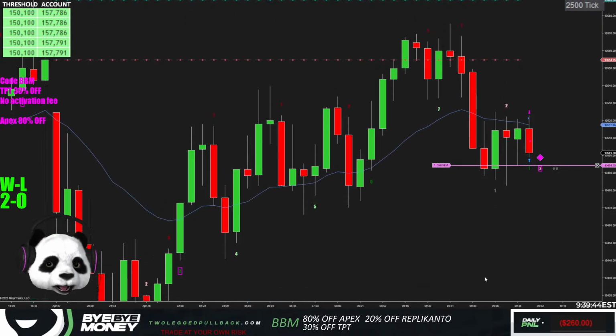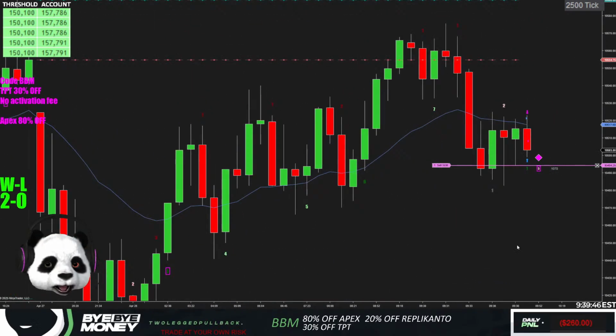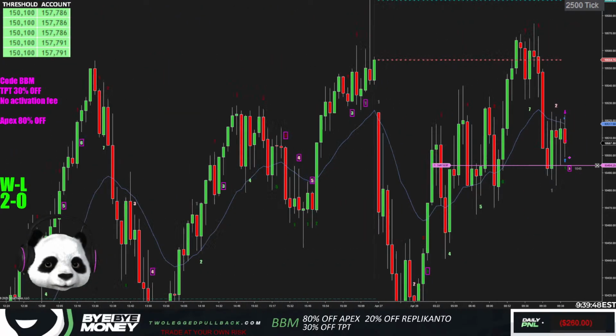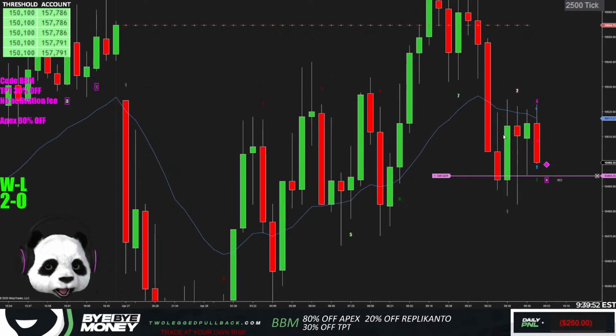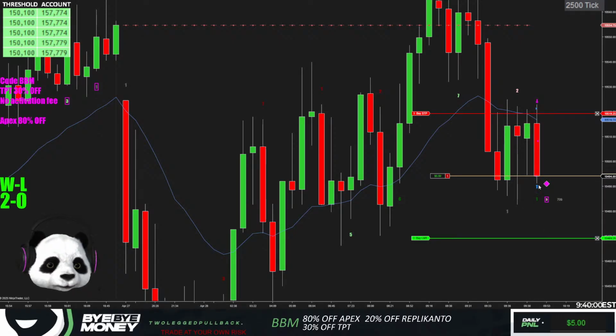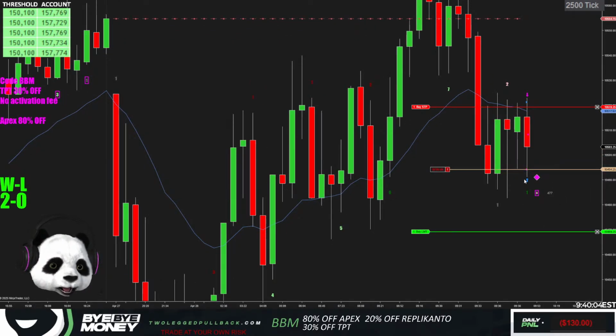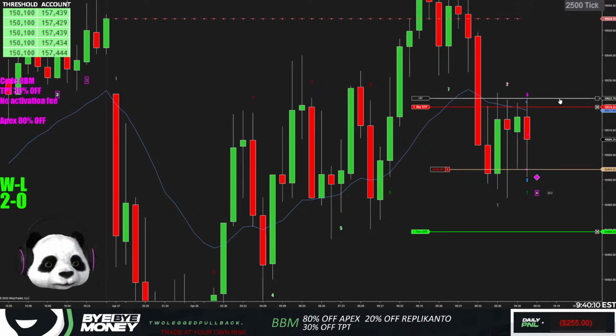Fail second entry long on the 2500 tick. I'll try for a double top. This double top here. The only problem is you got like 5 overlapping bars in a row, which is going to cause some problems maybe. An outside bar reversal, which can cause some problems as well. Got 2 red flags here, right? 5 overlapping bars in a row, and also an outside bar reversal.